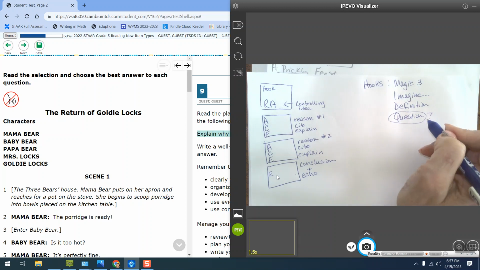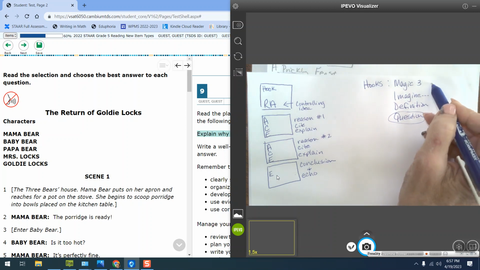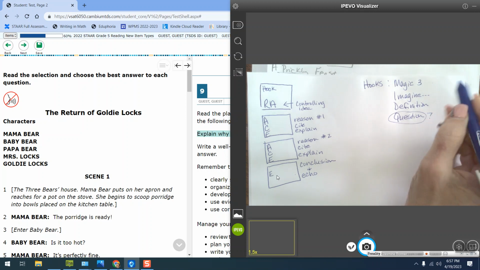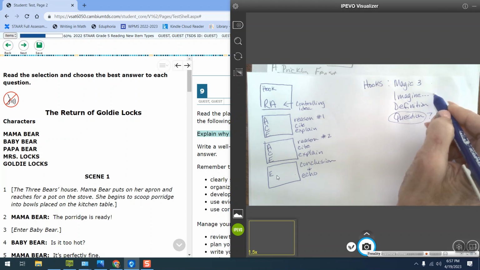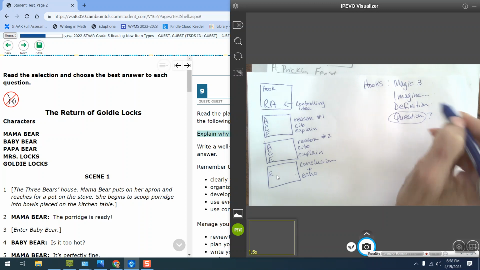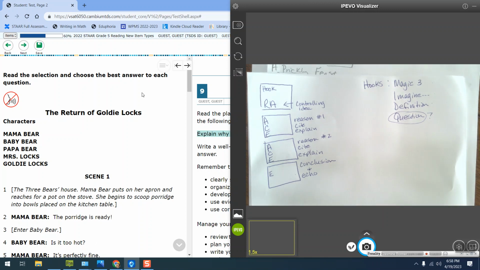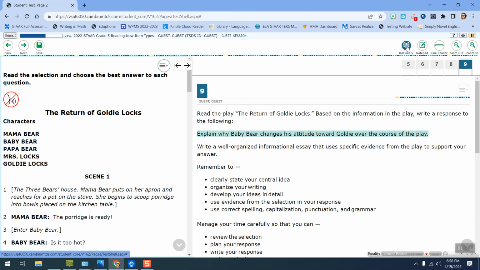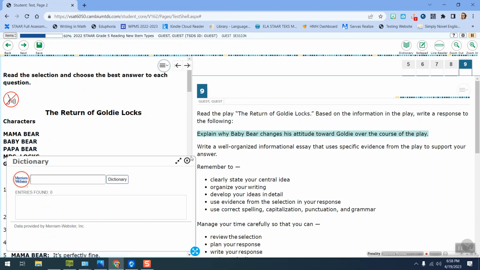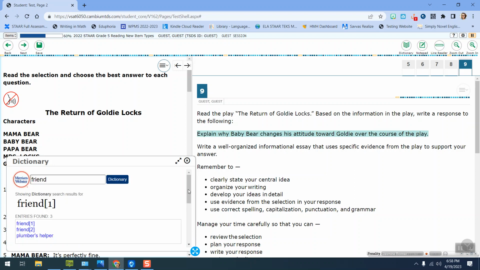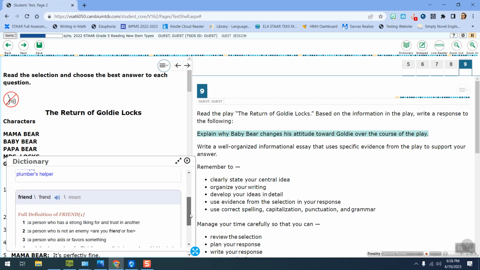I put a question mark so I can do the magic 3. That's where you list 3 things. I can do an imagine, kind of set the scene, or I can give a definition of something, and I can get that from the dictionary right over here in the testing program. So if I wanted to use the definition, like legit, the hook could be the definition of a friend is, so I'm looking up friend, okay? The definition of a friend is